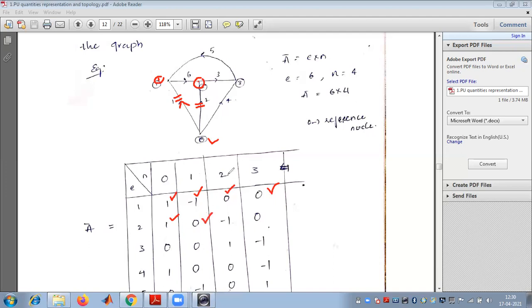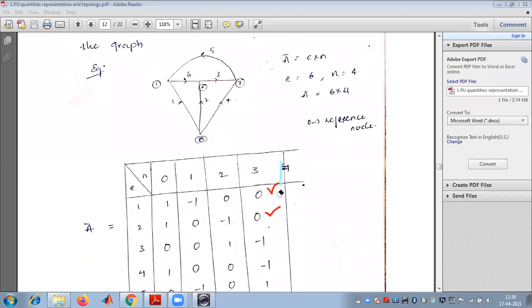Now come to the next one, node 2. Node 2 is this one, element 2. Element 2 and node 2. Obviously you can see the direction of this element 2. This is directed towards node 2. So directly you can substitute that as -1. Now consider the third one. Do you have any incidence between element 2 and node 3? No, you don't have. So similarly, you can determine the remaining elements in order to obtain